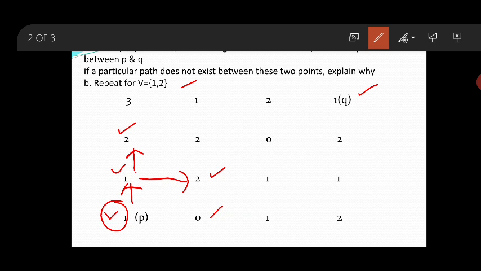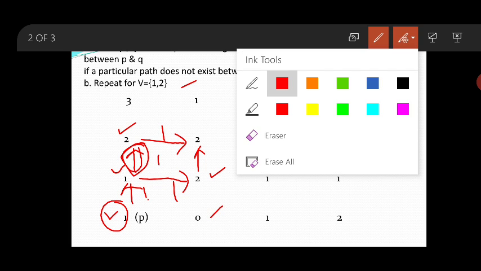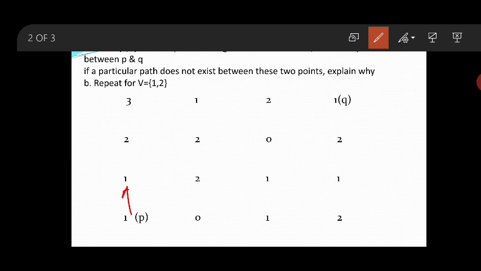Let us make the point clear. If I choose this path, you make the connection like this. Then one additional path comes into the picture, this one, because 1, 1, 1, 1, 1, 2, 3. Instead of that 1, 2, you reached here. So what can I make here? This is a path.